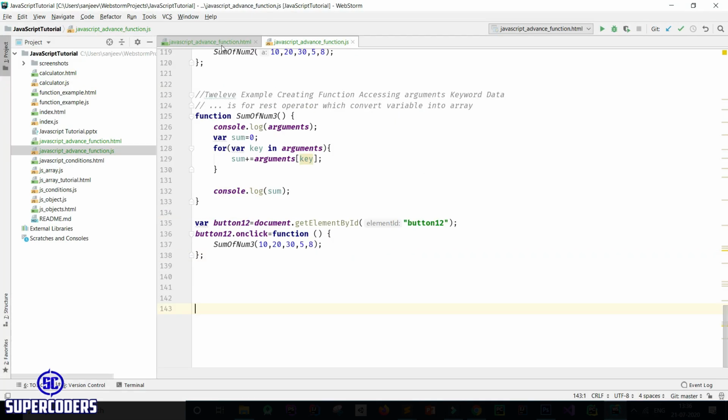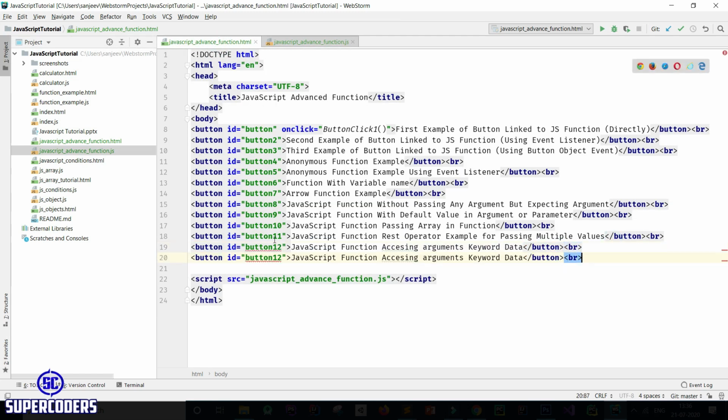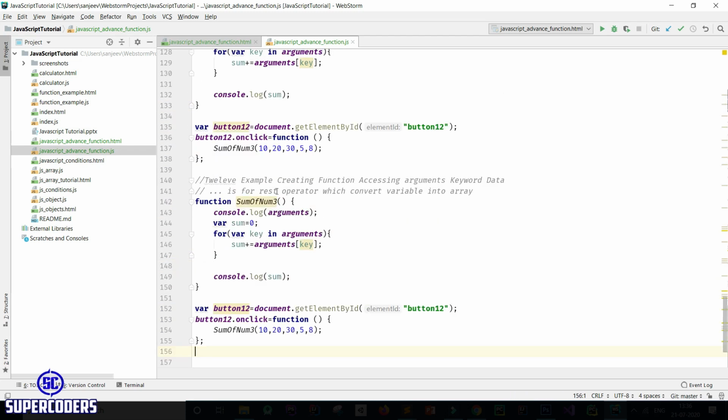Now let's see another example for creating a function inside function. So again, creating a button 13, function inside function. Now copy this code and paste here and change this to 13. Example, creating function inside function.